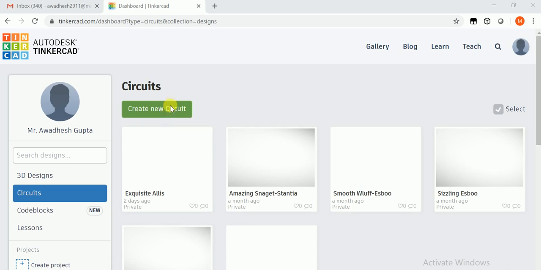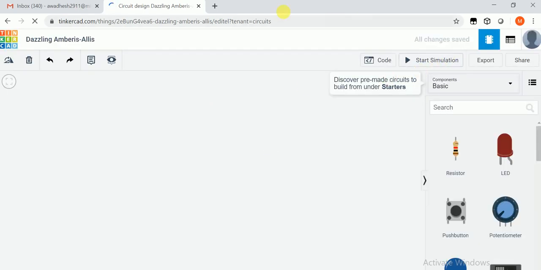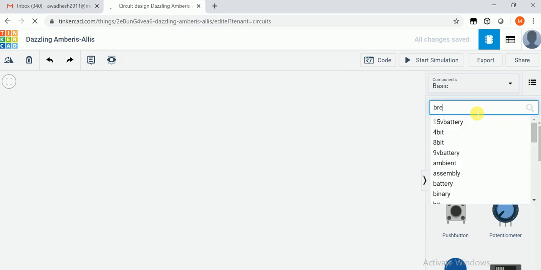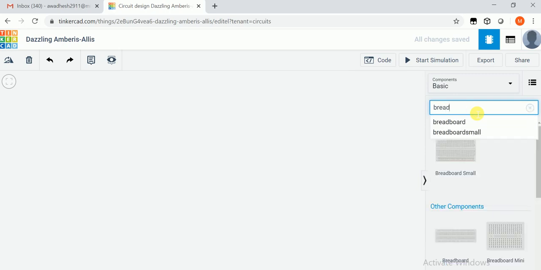Let's create a new circuit. Okay, so first thing we need is a breadboard. So let's type breadboard.